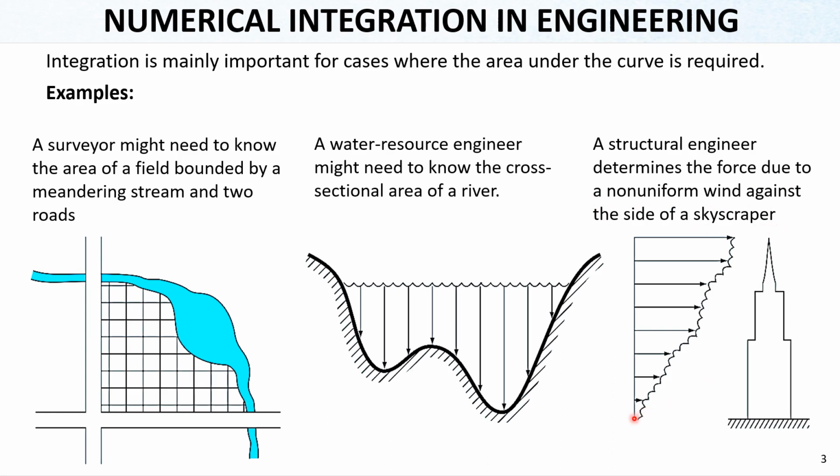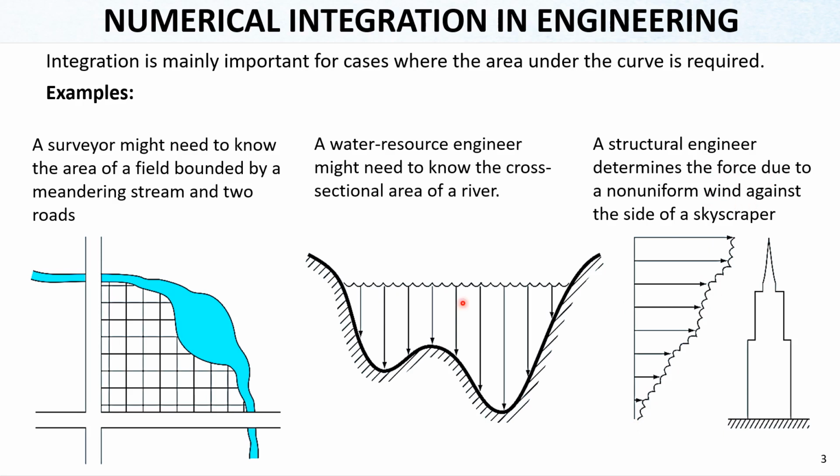Here you can see that we have a skyscraper and there is a wind here, which is not uniform. So if we know the data or locations of the wind points, we can get the area underneath. Actually, if there is a straight wind, let's say, touching the skyscraper, or if this is a non-uniform wind, we can get the area here to be able to get the force due to the